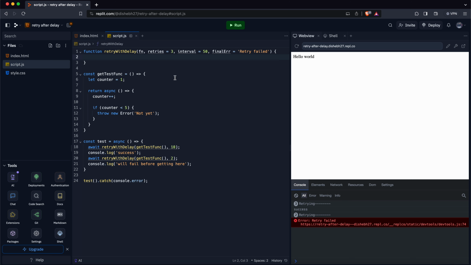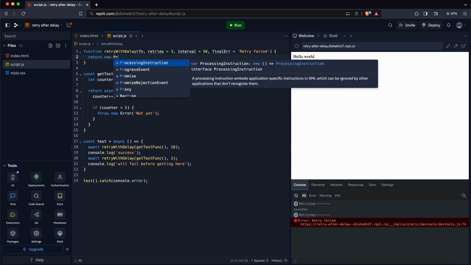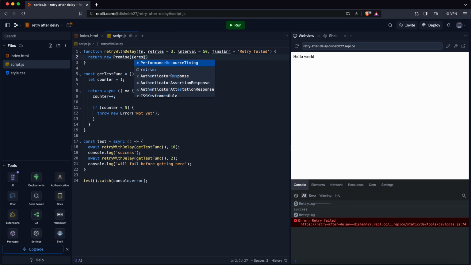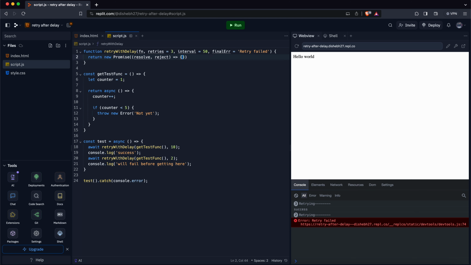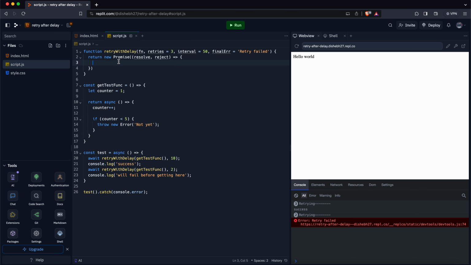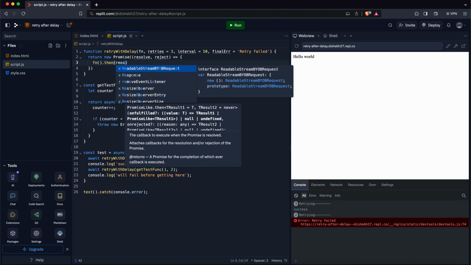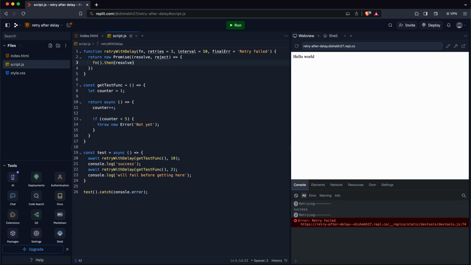Since this will return a promise, and we are awaiting it, let's return a new promise with resolve and reject. Here, what we will do is try to call this function. If it passes, just resolve the promise. But if it fails,